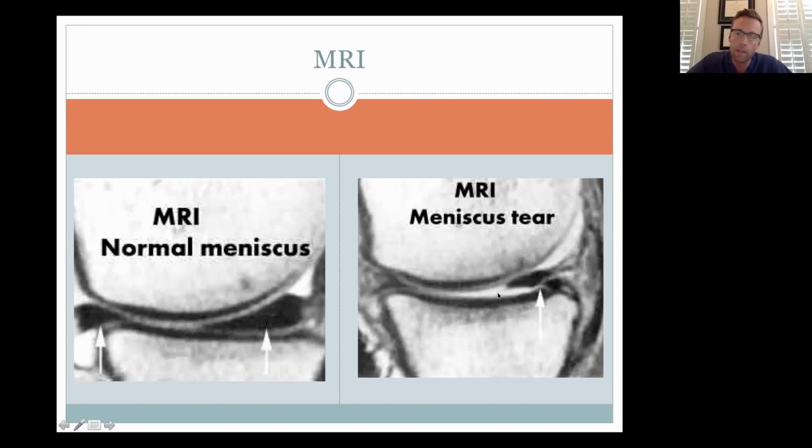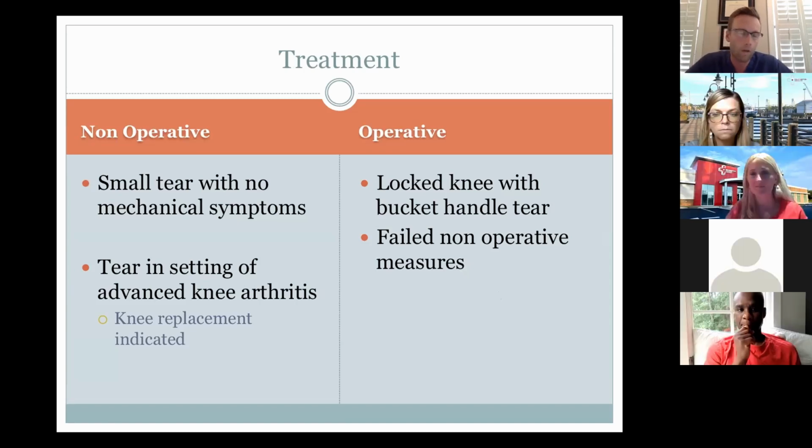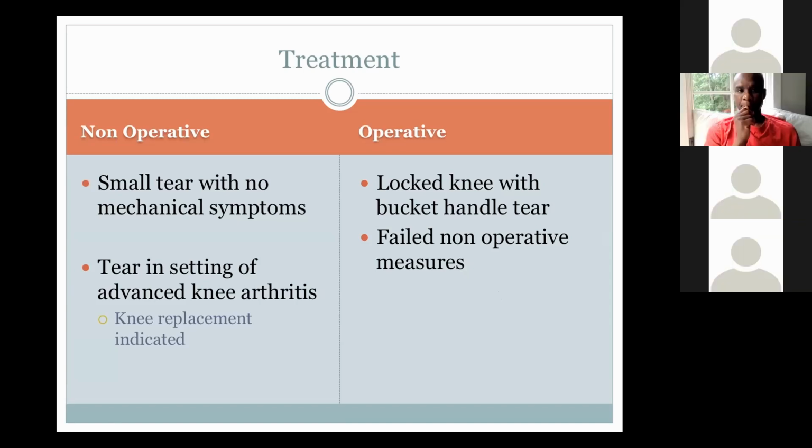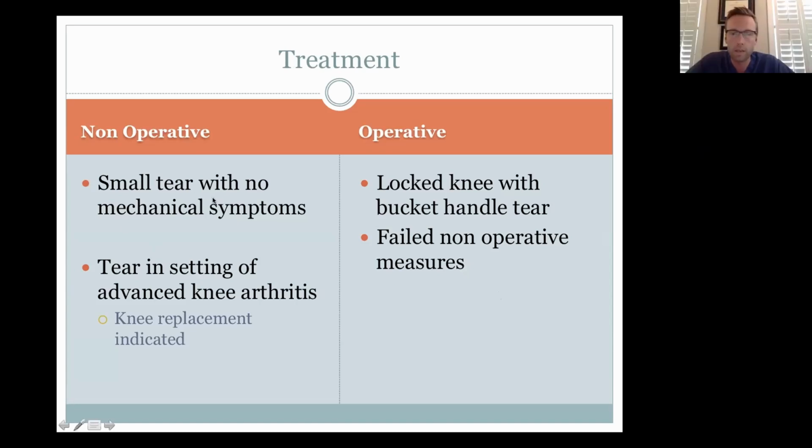But if that is diagnosed and if you have failed other non-surgical treatments, then sometimes we talk about surgery. So what goes into those decisions? Obviously, if we could treat everything without surgery, that would be great. And we always try to do that, and that's certainly our goal, but sometimes surgery is an option or the best option. So if you have a small tear, less than a centimeter, you don't have any clicking, catching, locking,